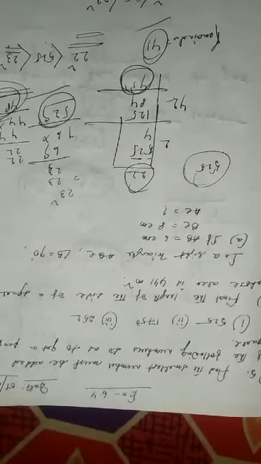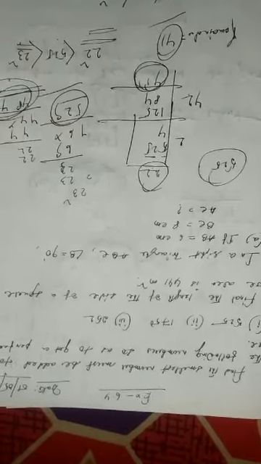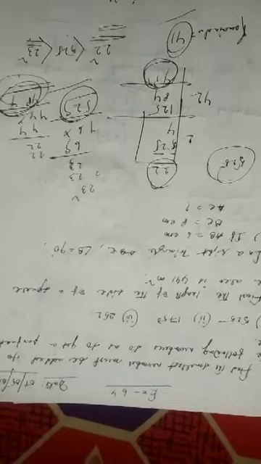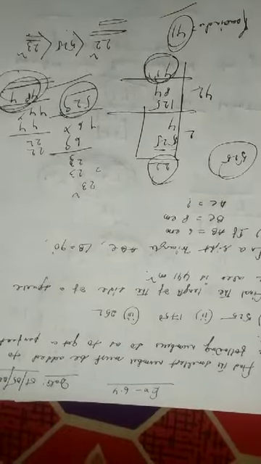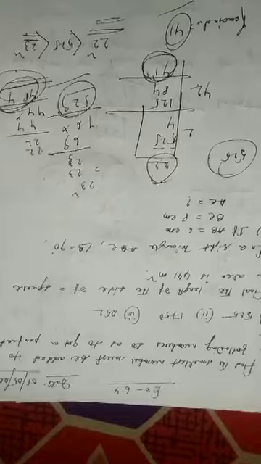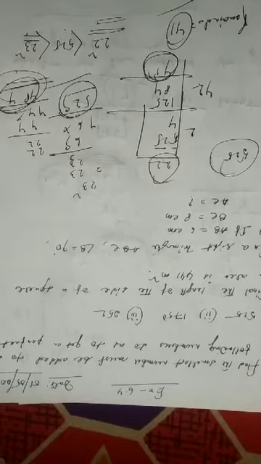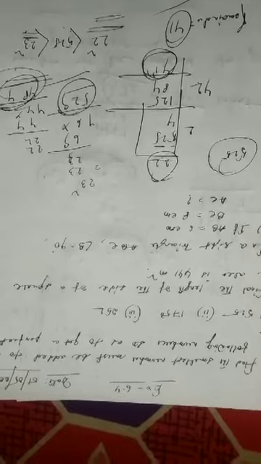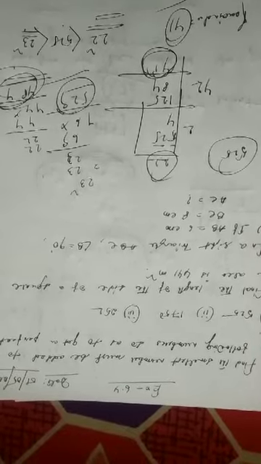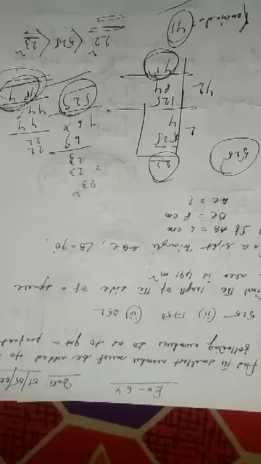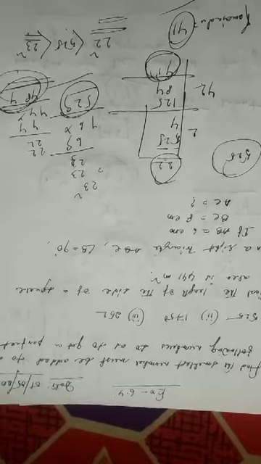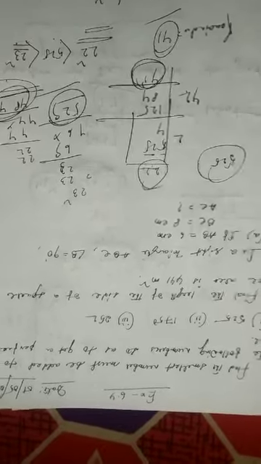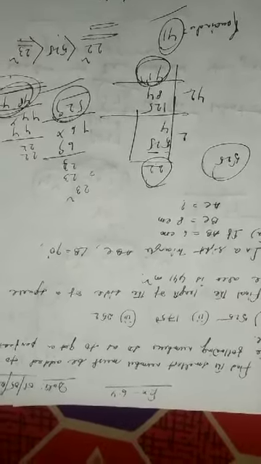Next, number 7. In a right triangle ABC, angle B is 90 degrees. The height is 6 centimeters, the base is 8 centimeters, and you have to find the hypotenuse. Children, simply use the Pythagoras formula: height square plus base square is equal to hypotenuse square, and you will find the measure of side AC. These two are the work I'm giving, and I'll explain them in the next period.